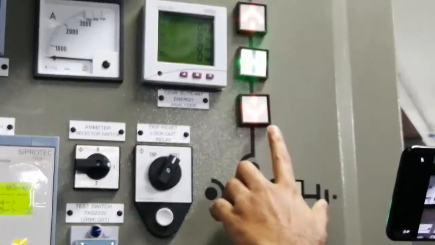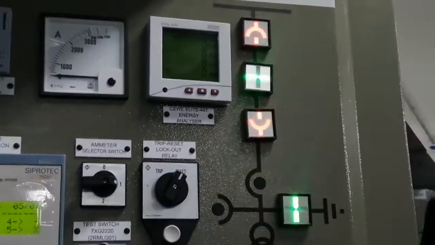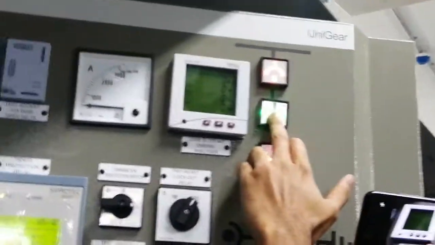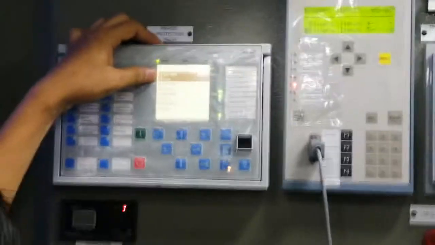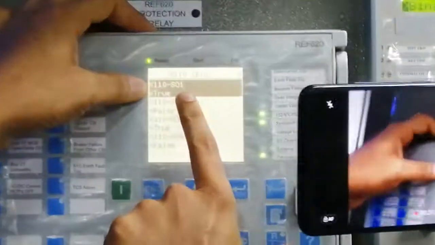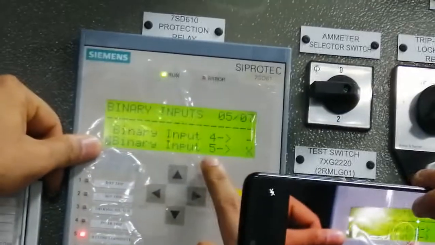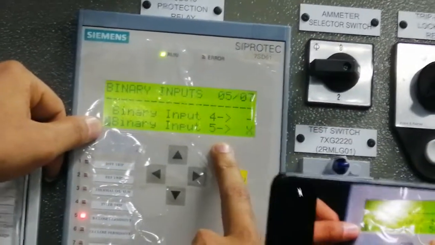This is red now. So now it means all conditions are satisfied. The circuit breaker is in service position, it is open, and there is no fault. As you can see now, the output of the ABB relay is true, this SO1 on the X110 card, and similarly we are getting the binary input on the 11 kV Ciprotec relay, and now we'll check on the 132 kV.